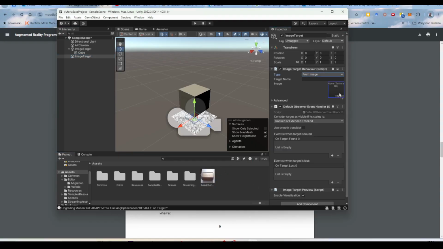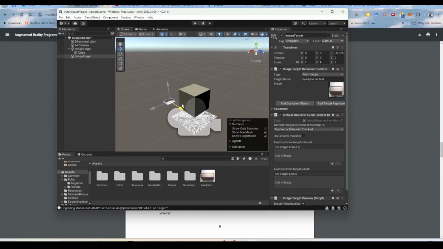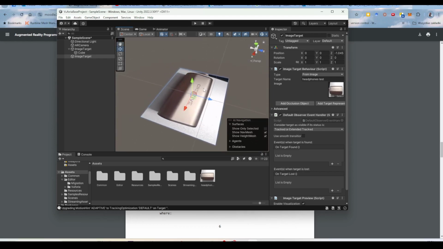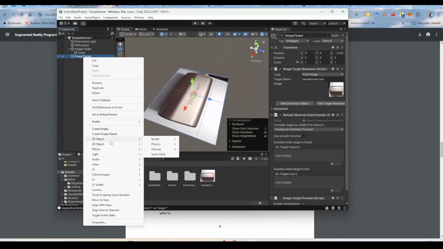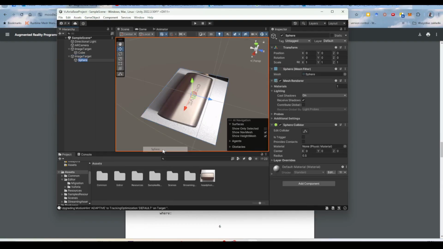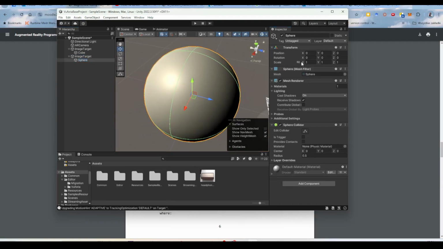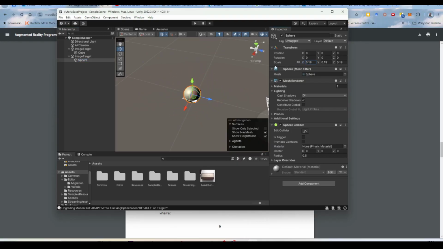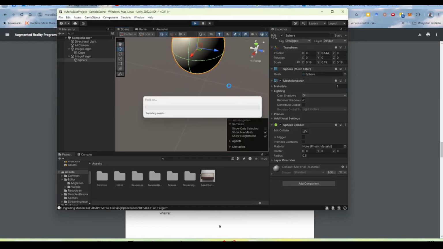I will just use from image and choose this image. And after that, I will add as a child another object. I just have to scale it a bit so that it's over the image target. And once I press play again,